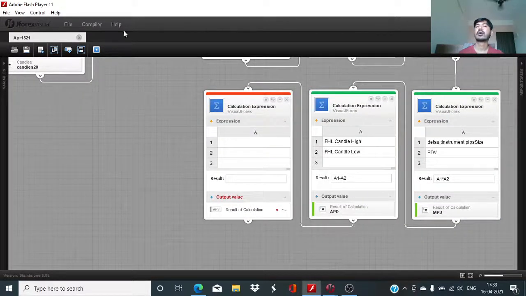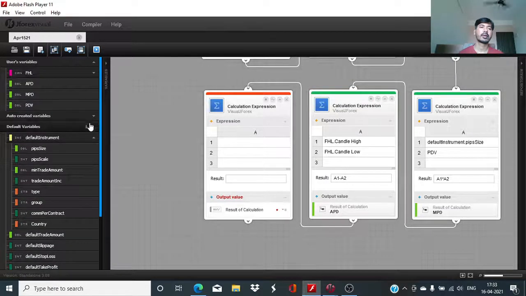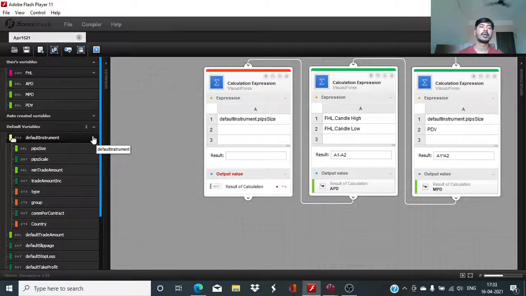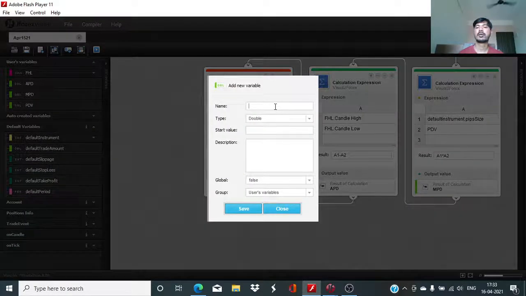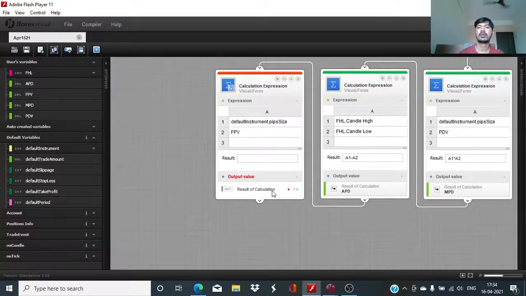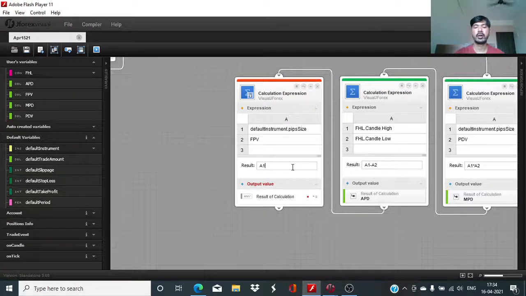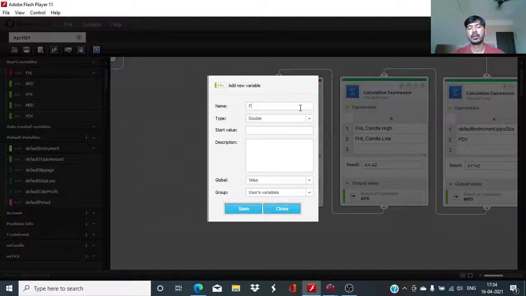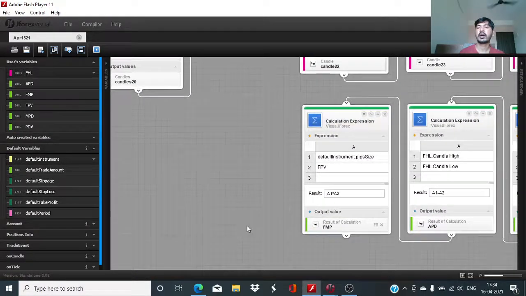Okay, so again we have to define the 4 pips value, which we will then compare with the actual price difference. This will be FPV and its start value will be 4. This is going to be A1 into A2. Okay, I have named it FMP,